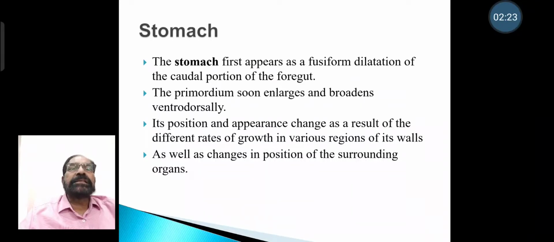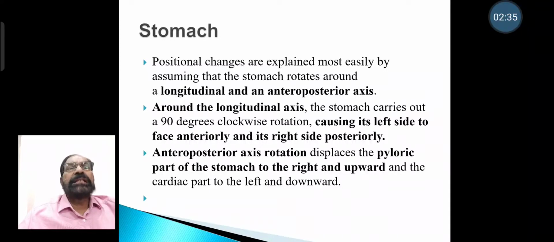Its position and appearance change as a result of different rates of growth in various regions of its wall, as well as changes in the position of the surrounding structures. Positional changes are explained most easily by assuming that the stomach rotates around a longitudinal and an anteroposterior axis. Around the longitudinal axis, the stomach carries out a 90-degree clockwise rotation, causing its left side to face anteriorly and the right side posteriorly. Anteroposterior axis